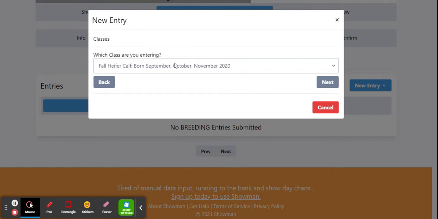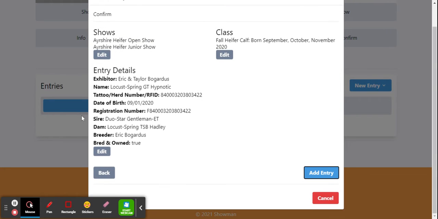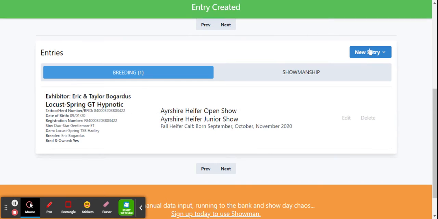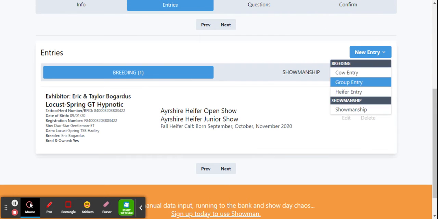As you will see, if you do this drop-down menu, it will only let you enter the class for which your animal is eligible for. So please make sure that your birth dates are correct. You'll then select next, double check and confirm that everything is okay, and then you'll be able to add your entry. You would go through and do the same thing for your group classes and other cow classes,